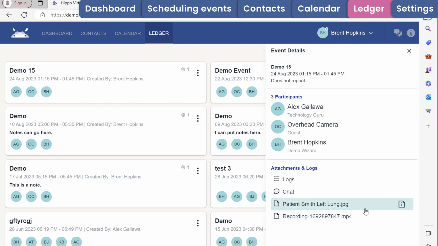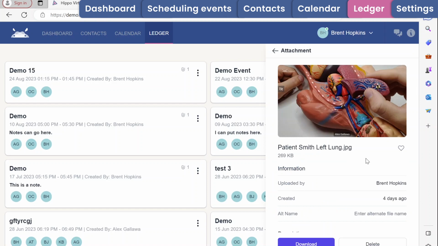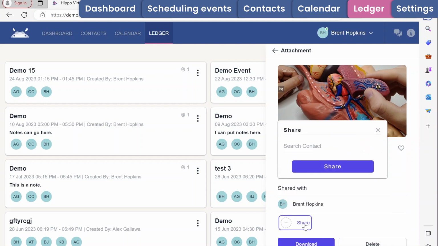I also have some documents here. First one we look at is just a photo. So you can see I took a photo during the call. It was taken by me. I can add an alternative name if I want to. I can add a description. I can share it with people. I can download and delete it. Sharing is very easy. I simply come in here,